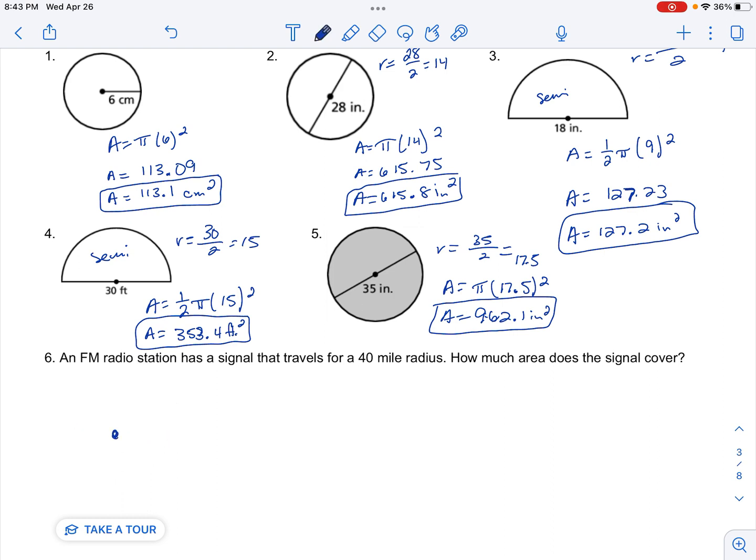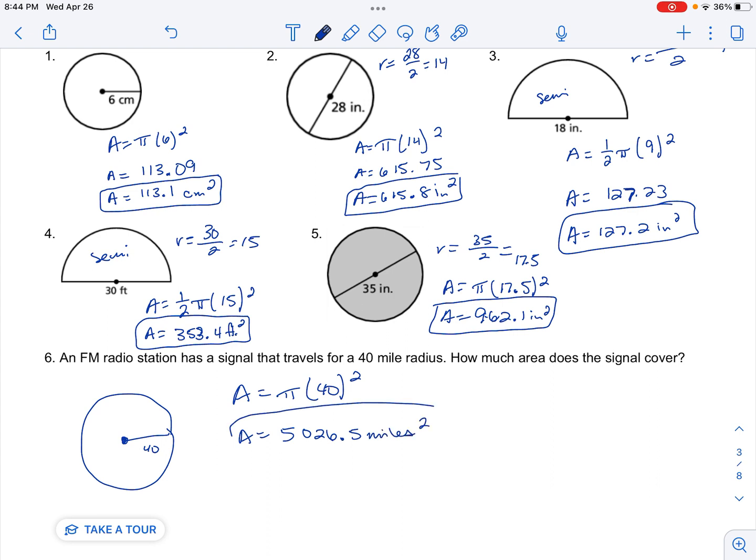Okay, so your center, this is your station, and it's got a distance of 40. That circle is not very good for the center where it was, but the point is still the same, that your radius is 40. So we're just trying to figure out the area, right? So area equals pi r squared. We just are typing that in, and again, calculating exactly what the calculator tells us. So 5,026.5